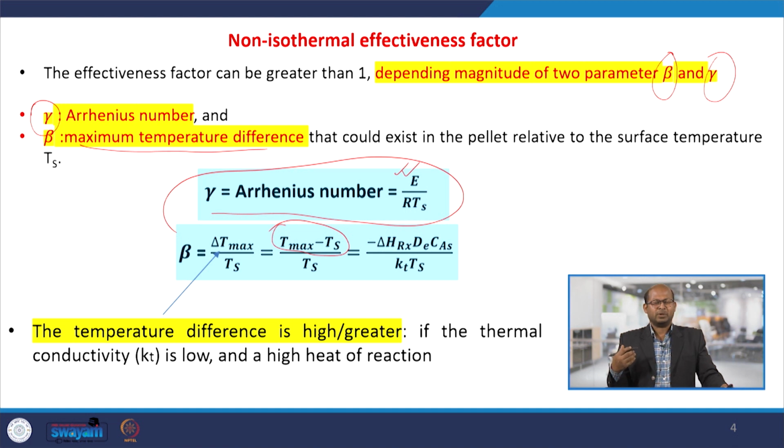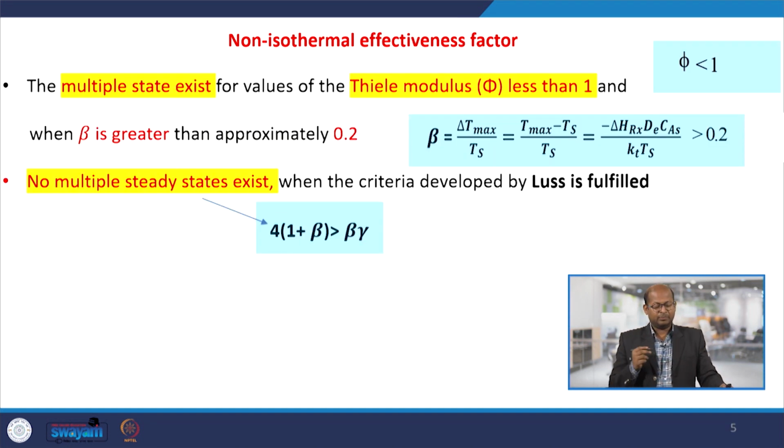If the thermal conductivity of the material is poor, then some temperature differences would be there. Beta we can express using minus delta H of reaction, the heat of reaction, the effective diffusivity, the surface concentration, the thermal conductivity of the material, and the surface temperature. This way we can evaluate that. It actually indicates a ratio of two temperatures, the maximum temperature difference and the surface temperature. When temperature differences are there inside and outside of the particles when the reaction is there,